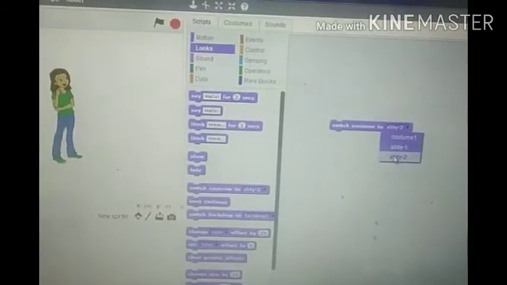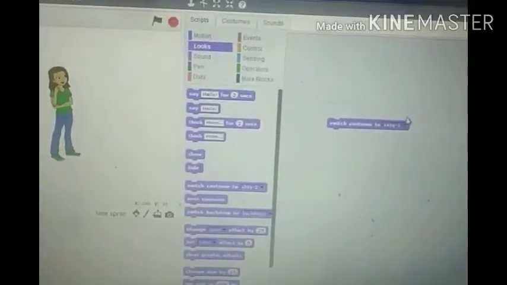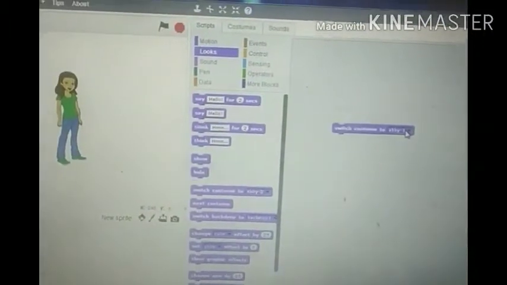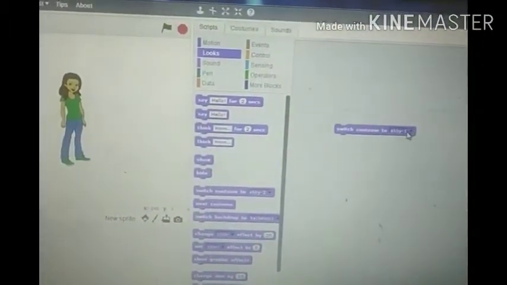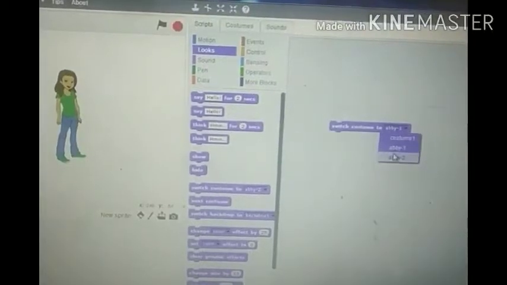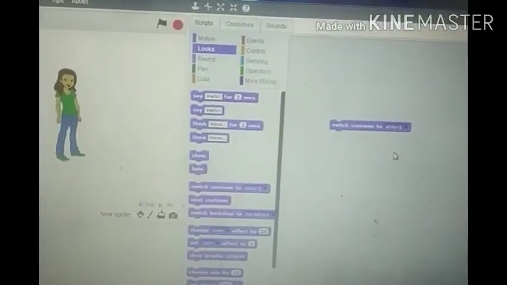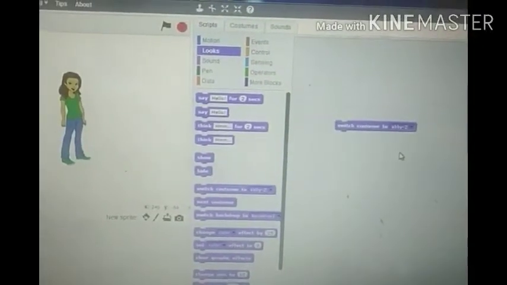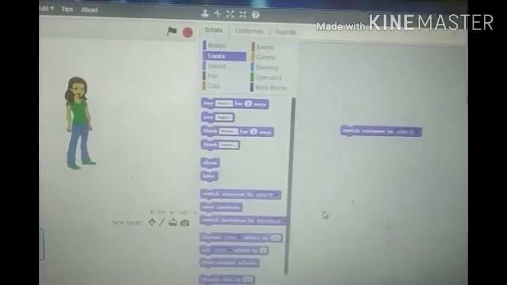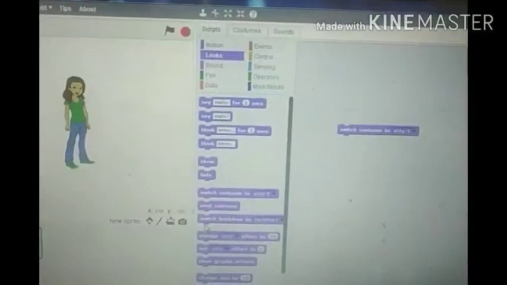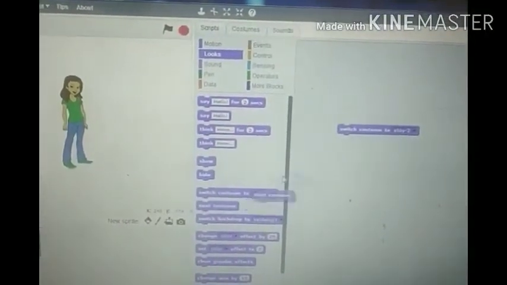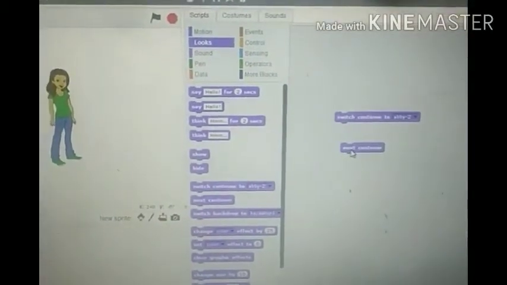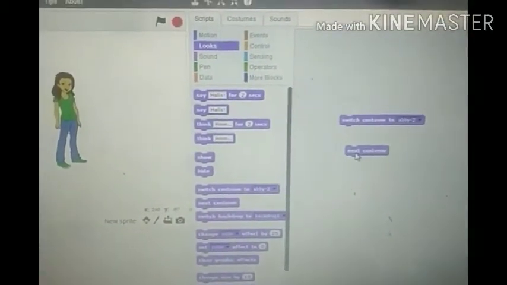Abby 2 is this one. So if we select Abby 1, then Abby 1 will be selected, and if we click, you can see that the sprite is also changing. Clicking on costume 1 and then costume 2, the hands are going to be modified, the positioning is going to change. Because there are only two costumes, there is also the next costume option, which we can manipulate as per our need.